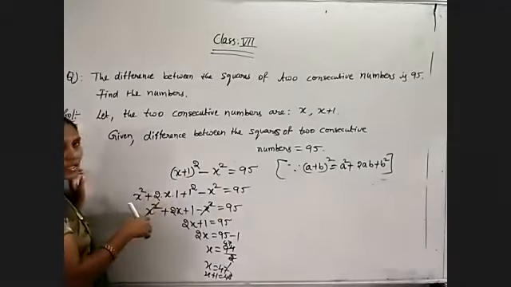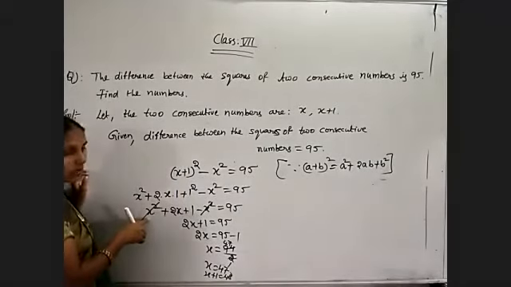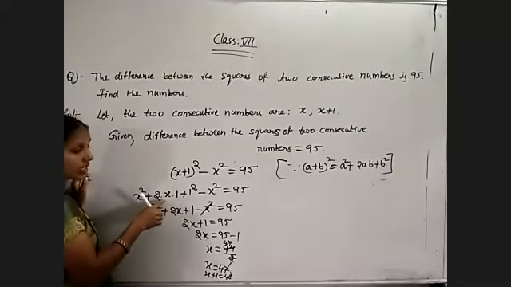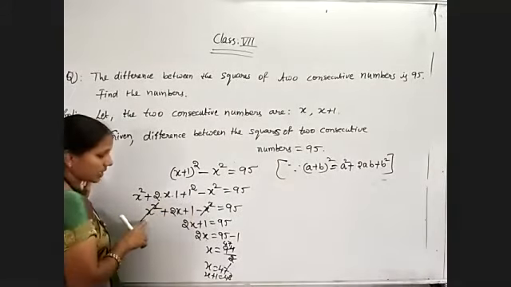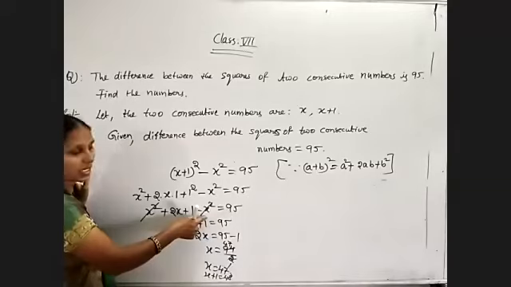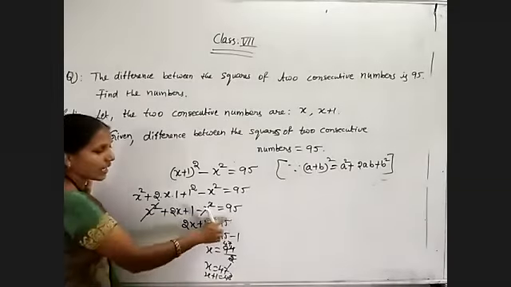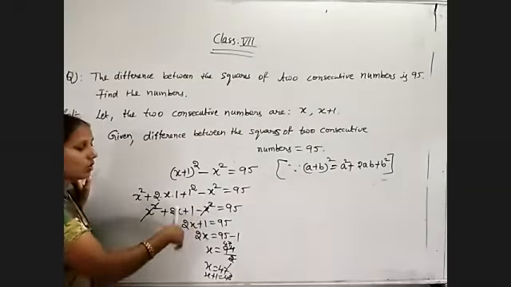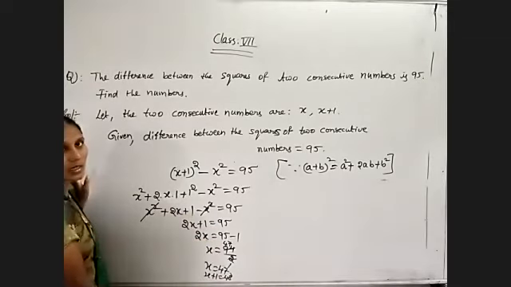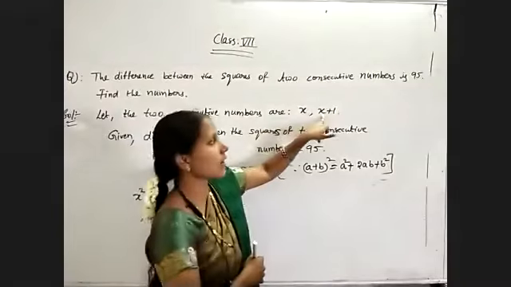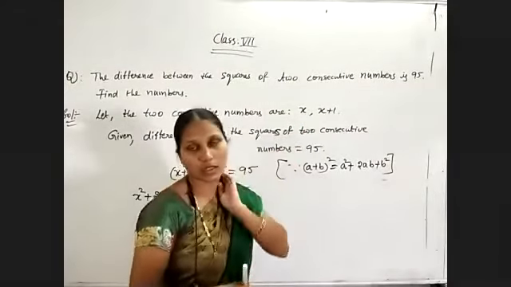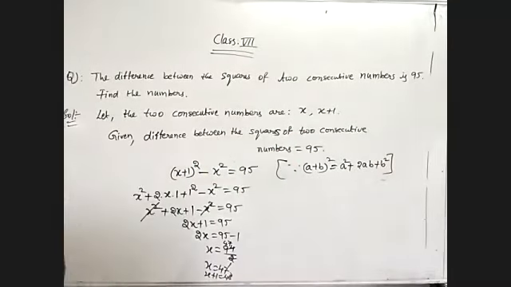Now simplify first of all. So x square is x square only. 2 1s are 2. 2 into x is 2x. 1 square is 1, minus x square. Plus x square minus x square both will get cancelled. So finally we got the simple equation. Now as usual do the procedure. That's all. Then you will get the two consecutive numbers. So one is 47, other is 47 plus 1, 48. Okay. Now coming to the next problem.